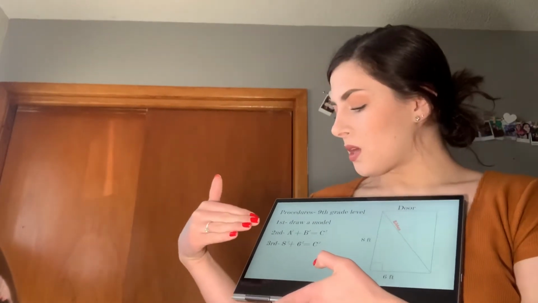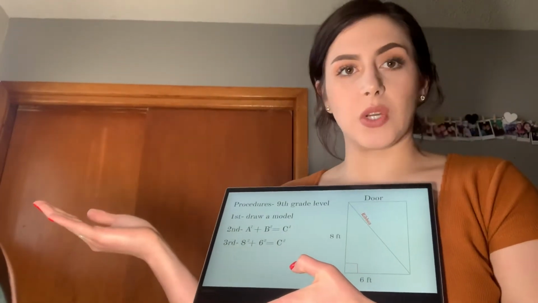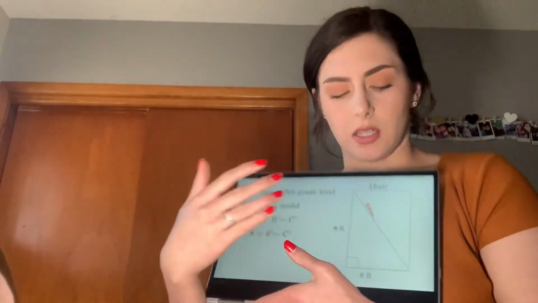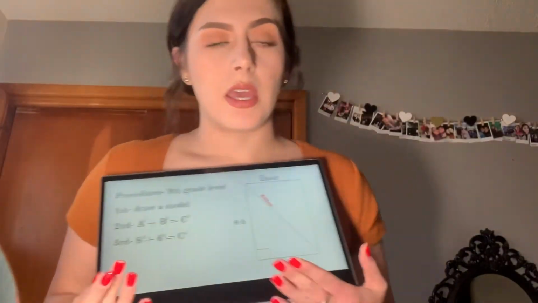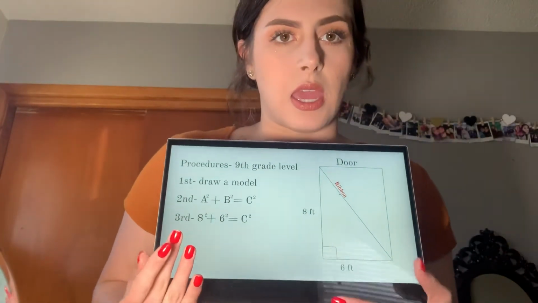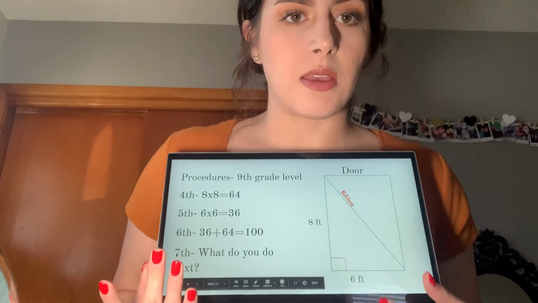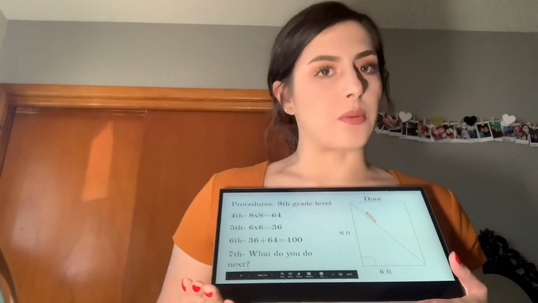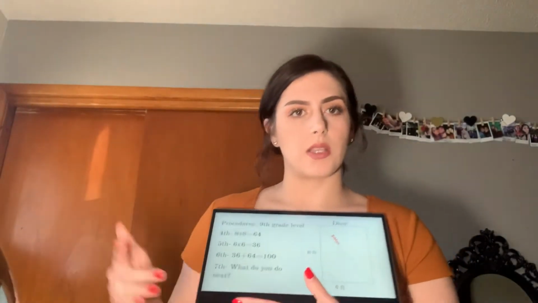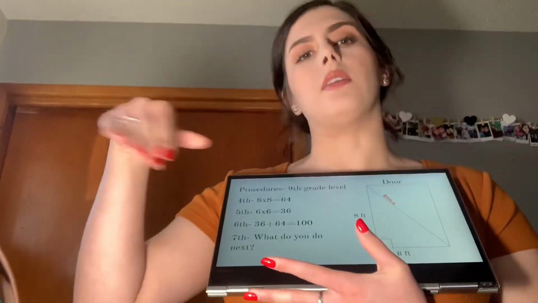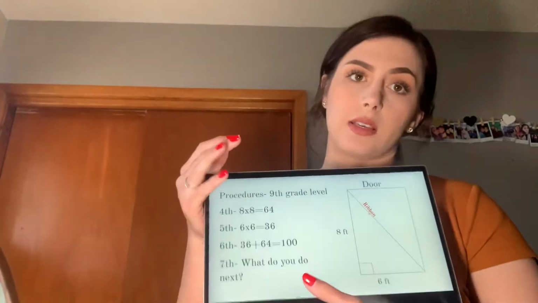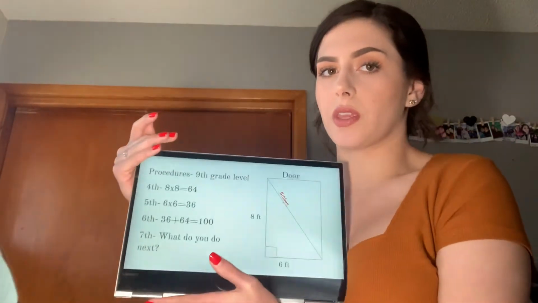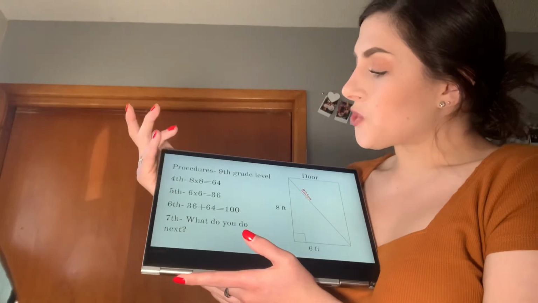And then I would go through what we would do first, right? Which would be to draw a model. So here's a model that I would draw, or that I would have the kids draw, and maybe someone comes up and shows what they drew. And the door is 8 feet by 6 feet. I know it didn't say that in the problem, so maybe I would add that into it. Like the door is 8 feet, the bottom, the base, is 6 feet, and then the length, or something like that, because it wasn't in the problem, but I would probably incorporate that. So the procedures would be,